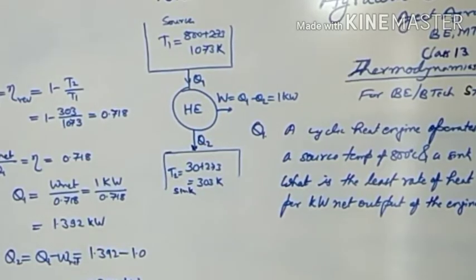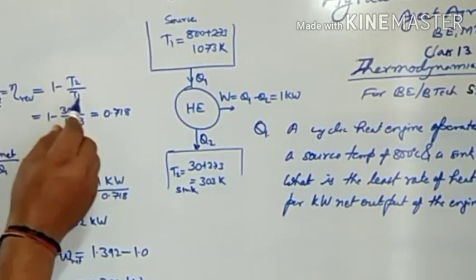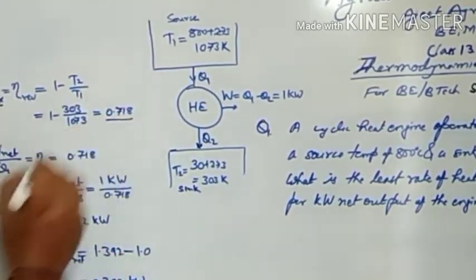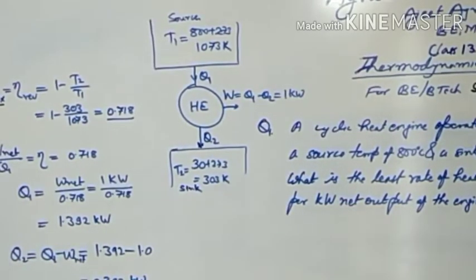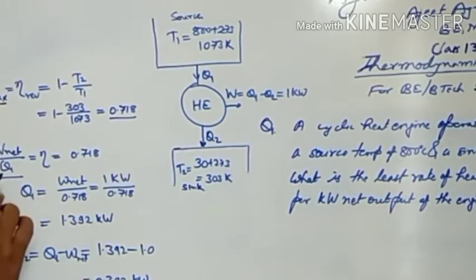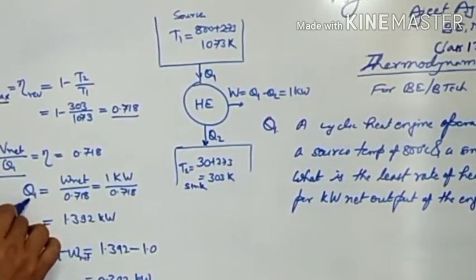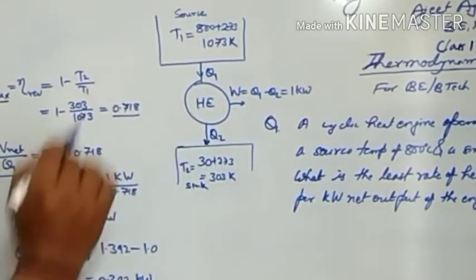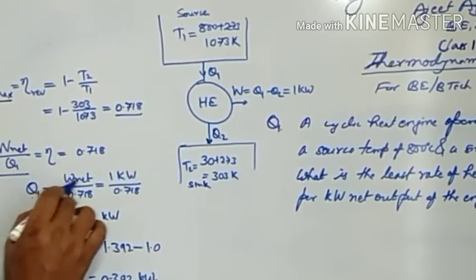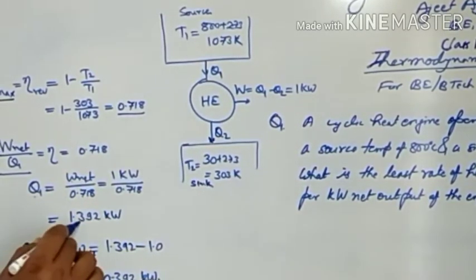And when we are considering the reversible cycle, the efficiency is given as 1 minus T2 upon T1. So substituting the values, we get the efficiency as 0.718. The efficiency can be written as W net upon Q1 is equal to efficiency. So we can find out the value of Q1, that is the heat supplied to the engine per kilowatt of output, assuming W net as 1 kilowatt. So we can calculate the Q1, that is coming out to be